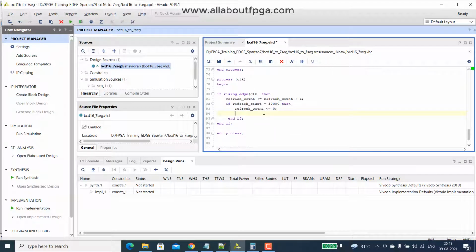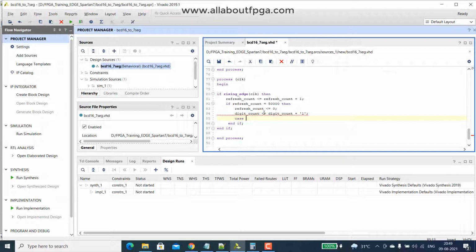Let's see the digit count. Initially we increment the digit count: digit count plus 1. Next we have to write a case statement.